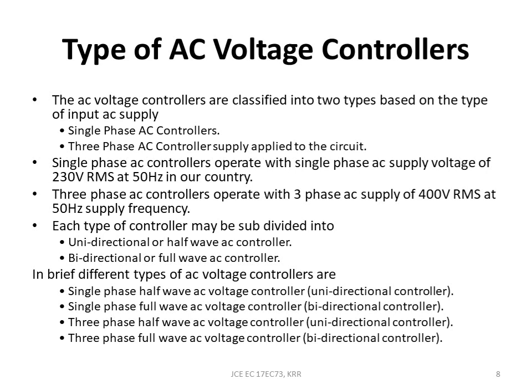In brief, the different types of AC voltage controllers can be single phase half wave AC controller, single phase full wave AC voltage controller, or three phase half wave AC voltage controller. When you say half wave, it has to be a unidirectional controller, where only one direction is controlled. And the other is the three phase full wave AC controller, again which is bidirectional, that is both the half cycles will be controlled.